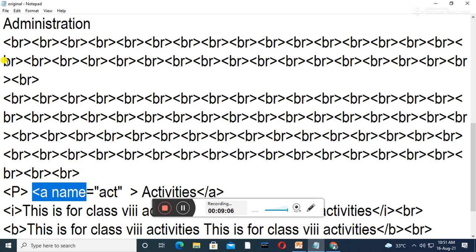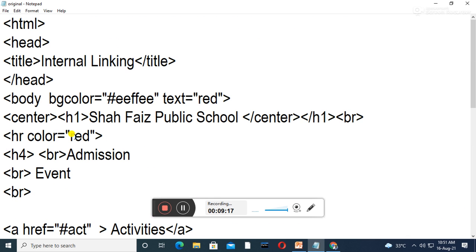So you have to keep these two attributes in your mind while creating your link. So that's all for internal linking.